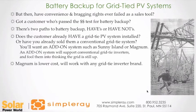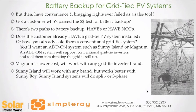The Magnum is a lower cost system, and it'll work with any brand of grid-tie inverter. The Sunny Island will also work with any brand, but it works better with Sunny Boy inverters. Sunny Island and Sunny Boy, both from SMA, will communicate with each other, and when the grid is down, the Sunny Island will actually take over control of the Sunny Boy inverters and will throttle them up and down as needed to meet the needs of household loads